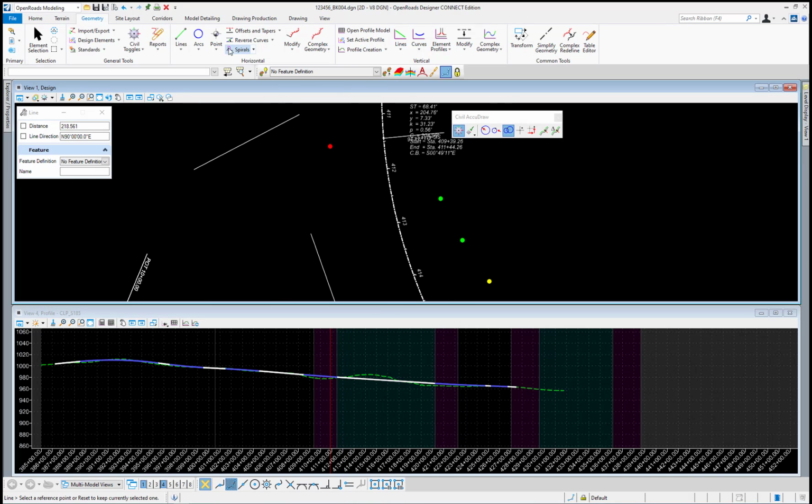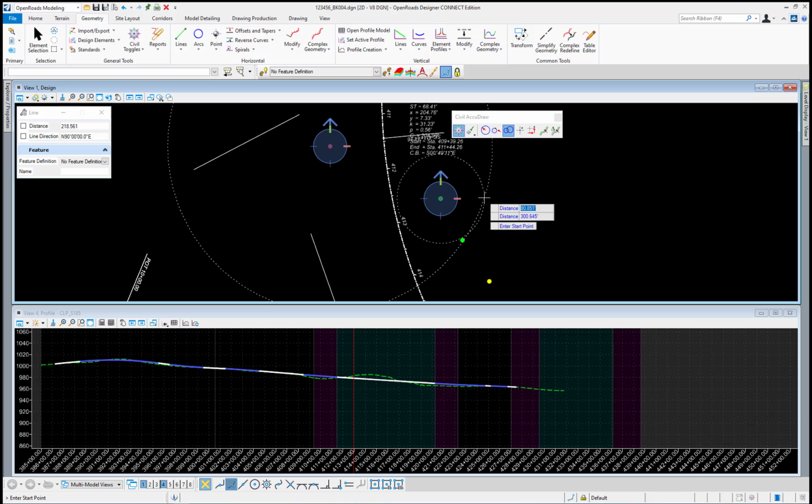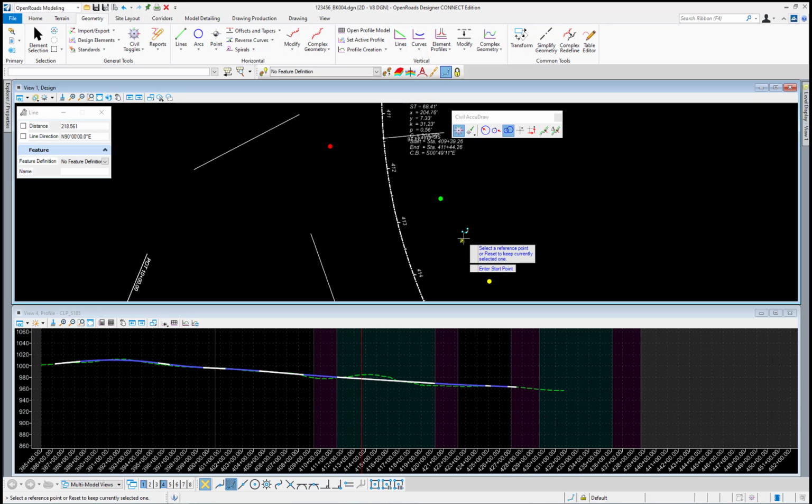Let me reset and start this over again. Place line and the origin. I'm going to select the first green point, and I want to enter a value of 50 feet to lock that distance. And then I'm going to press O again, select my second green point, and then I'll also select 50 feet. So you can see the two dashed circles are each 50 feet from their origin points, and the